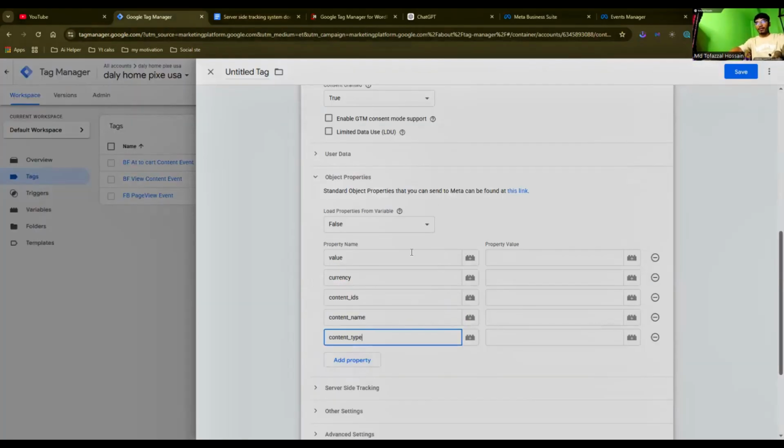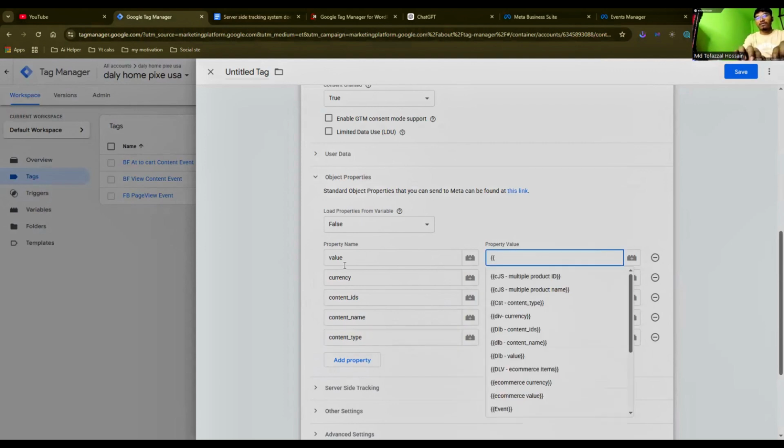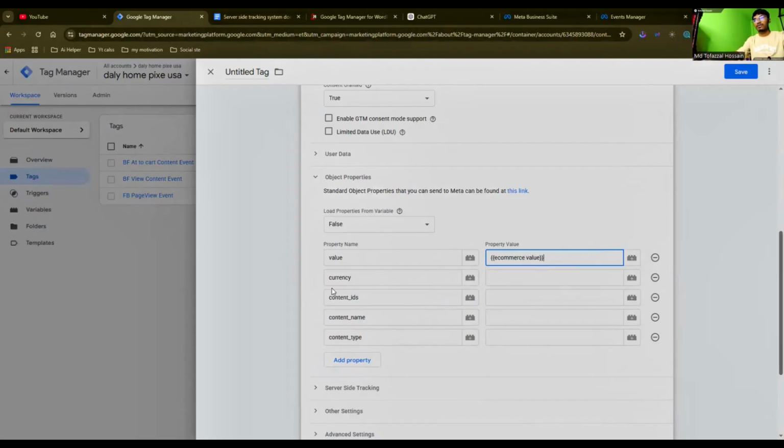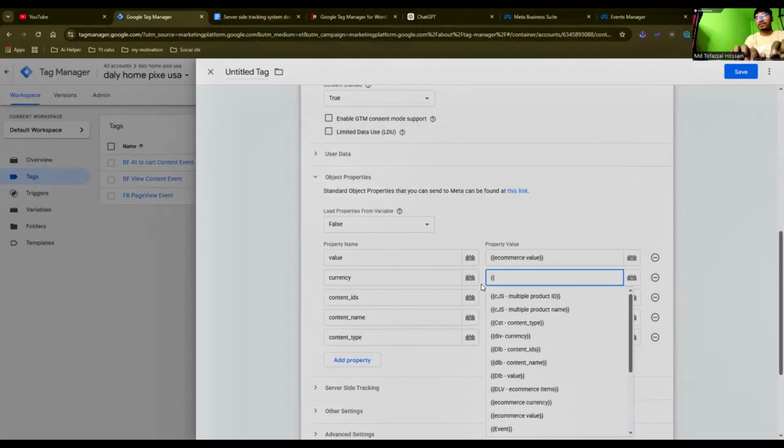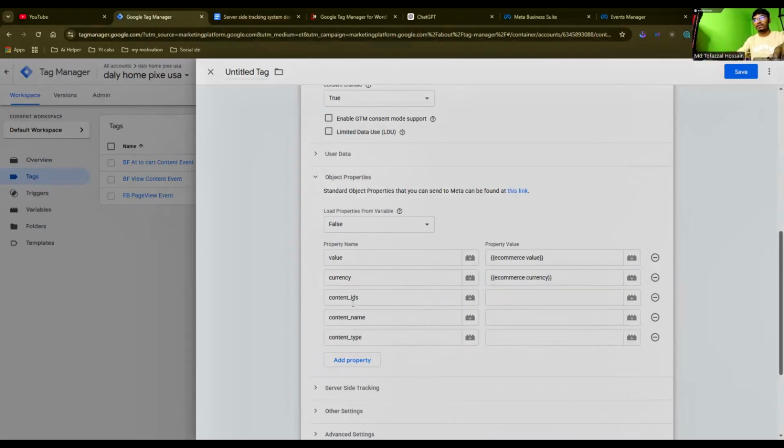Okay, so I need e-commerce value. Look, e-commerce value, currency, e-commerce currency, ID,